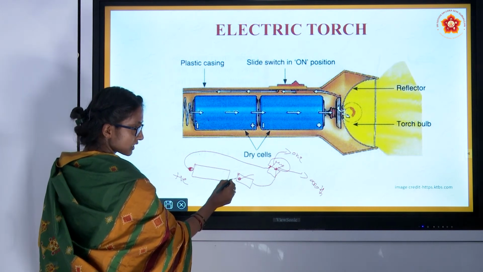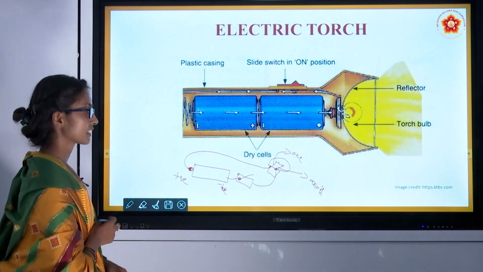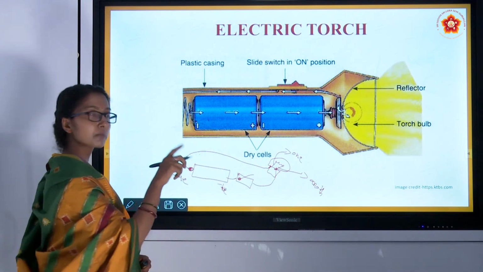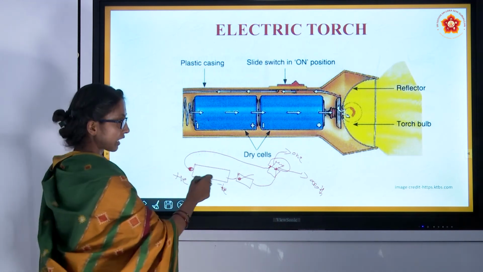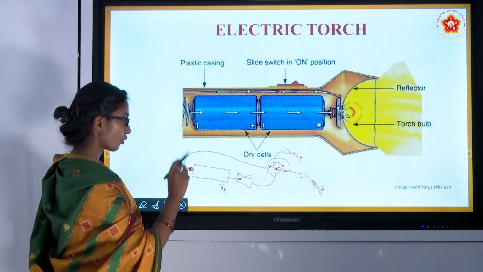One end of the switch is connected to the negative end of the cell. Now you can observe that the switch is open, so the circuit is open, current is not going to flow, and the bulb will not glow.